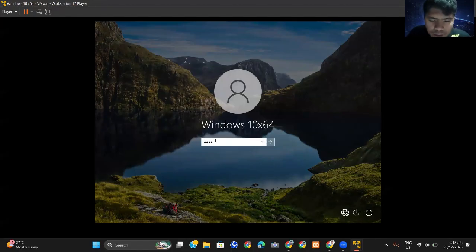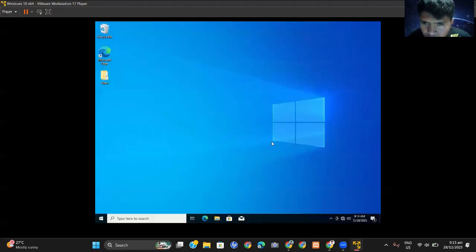So just type the password in here. I utilize the same password as the others. And as you can see, we have the following configurations.